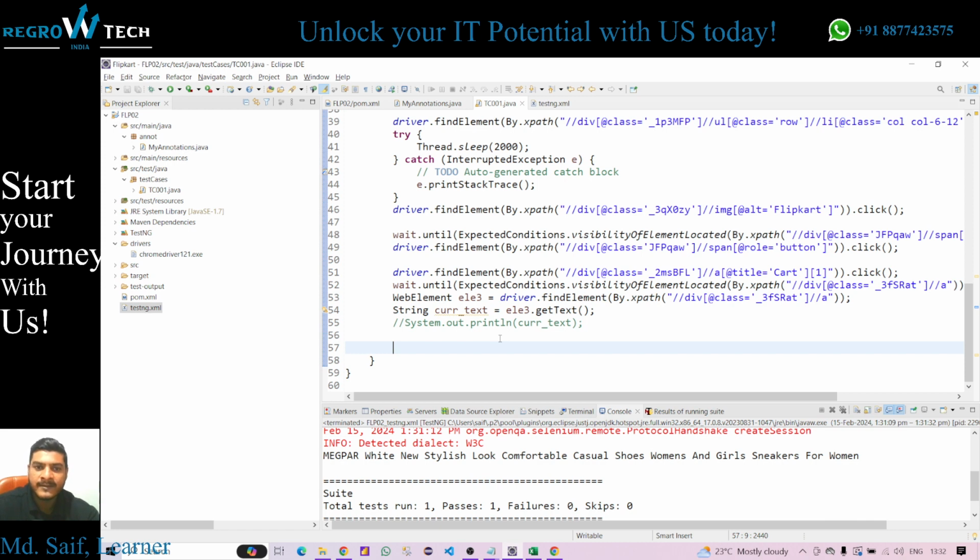Soft assertions don't give any error in between, but after the completion of all the execution, they throw the error. The hard assertion stops the execution of the code at the place where the error is found. So we use hard assert. For hard assert we use the Assert class dot